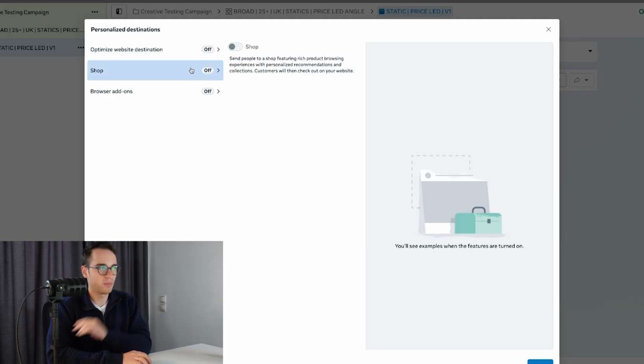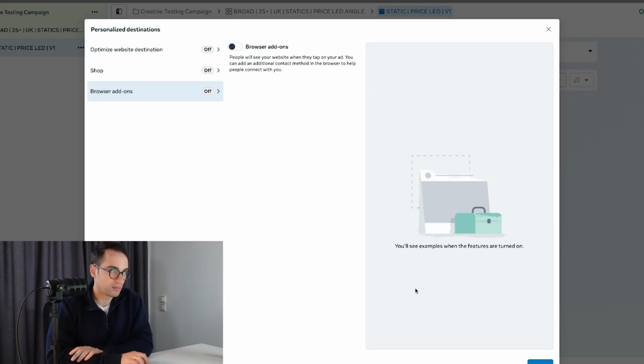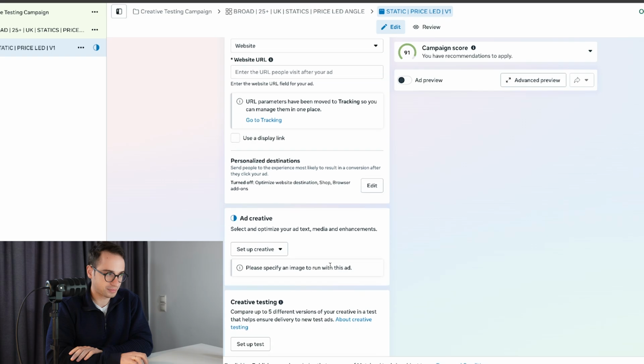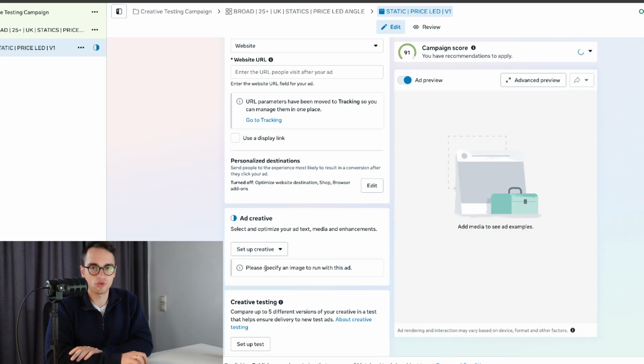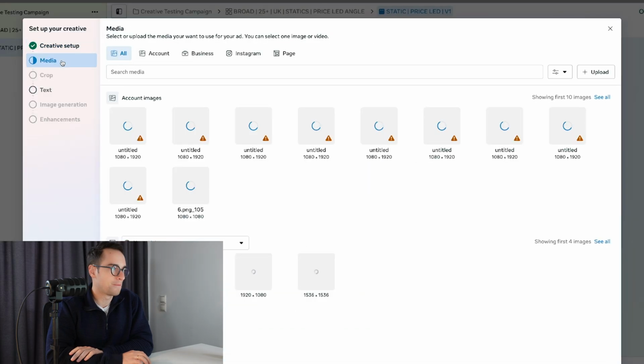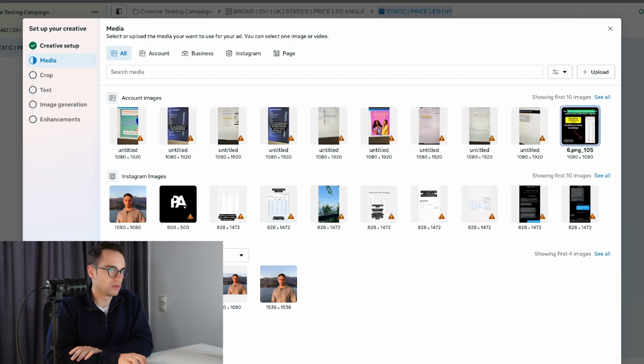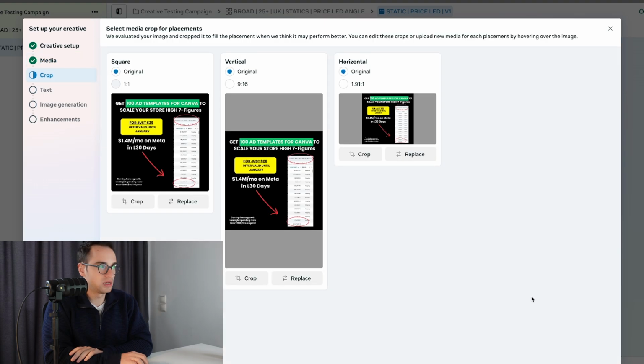Same probably on SOAP. If you have SOAP, I've seen when businesses have SOAP as well, it's also toggled on. So again, I want all of them to be off here. Now it's going to setting up the actual image ad. So for example, say I use this one, which is one of my ads. Now I always recommend having